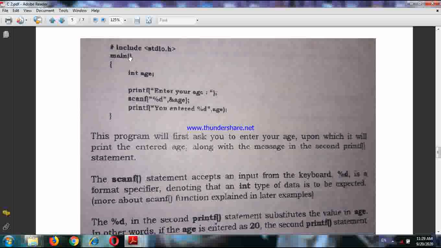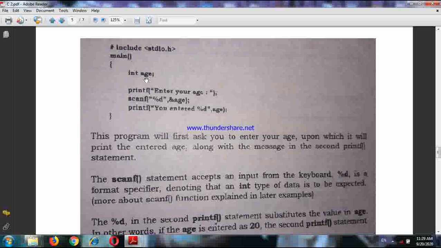Within parentheses we have not written anything because no arguments are there in the main function. The use of arguments in a function will come later on. Then we give a brace. This is the syntax. We give a brace, and within this we write the body of the function.